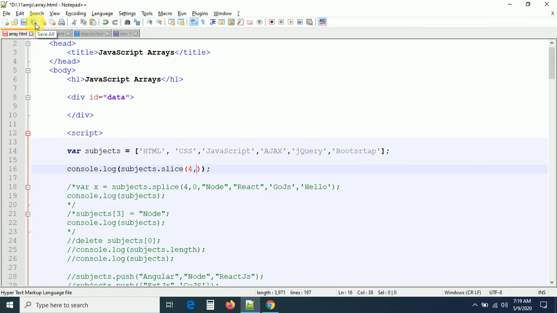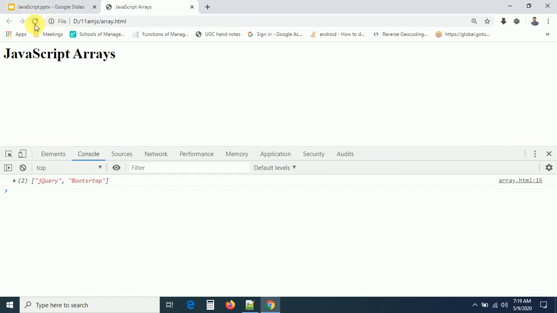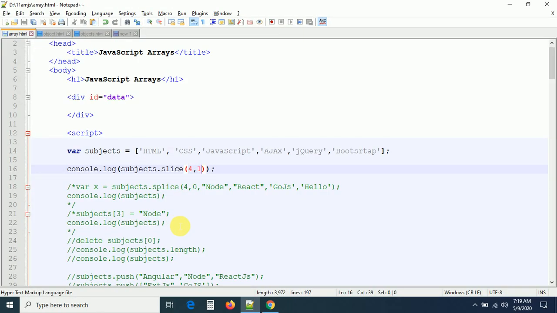So if I pass 4 comma 1, then what is my output here? Are you getting anything? No, I'm not getting anything. So just pass only one parameter here. Based on the parameter, the slice method will remove the elements, guys. So this is the slice method. If you give slice 1 comma 3 or slice 3 comma 3, then what is going to happen? If you pass the parameter 1 comma 3 or 2 comma 3, I think so. Let me pass 1 comma 3 here. The highest number I am passing. Earlier we passed 4 comma 1, right? First we passed the highest number, then the lowest number.